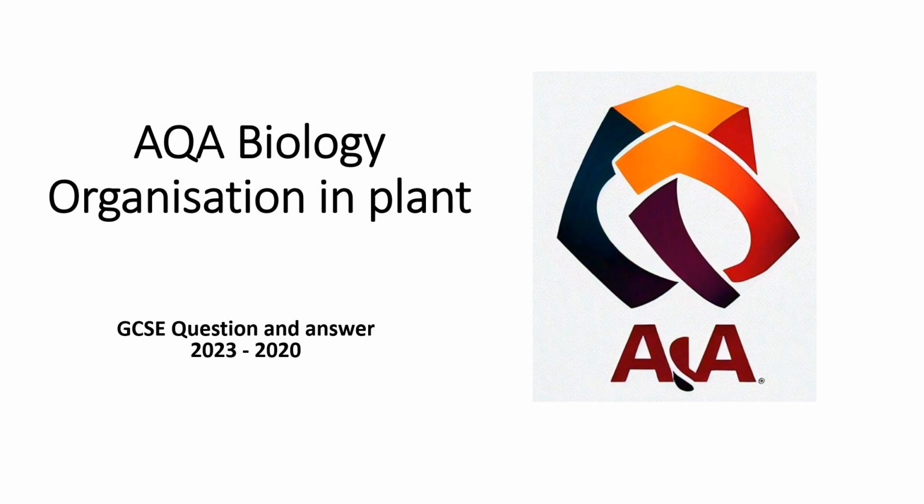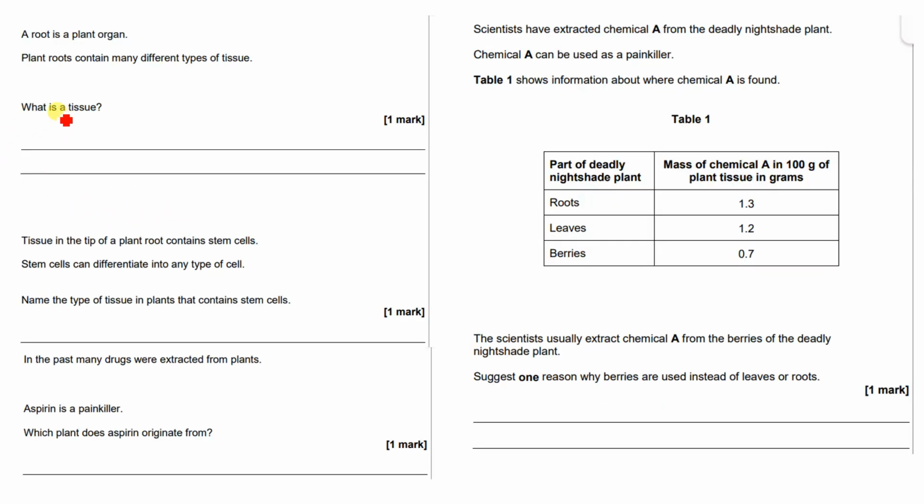Here are some series of questions on plants for the AQA biology. It talks about tissues, organs, and their functions. Now, first they said a root is a plant organ, and plant roots contain many types of